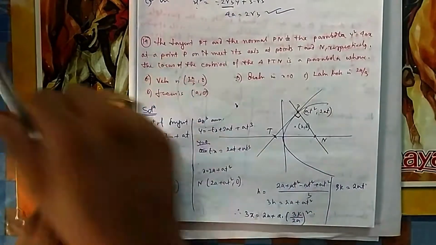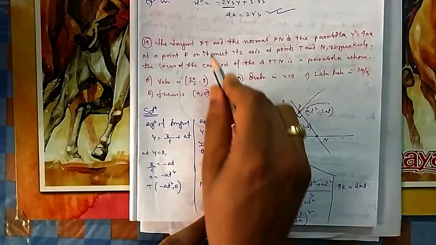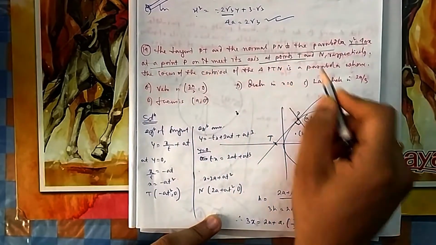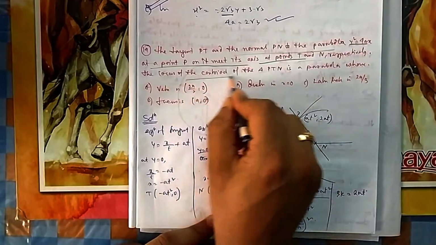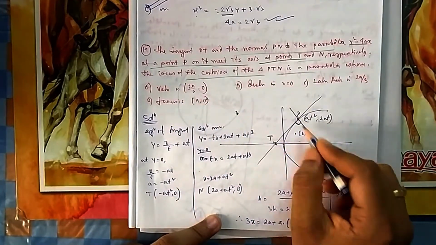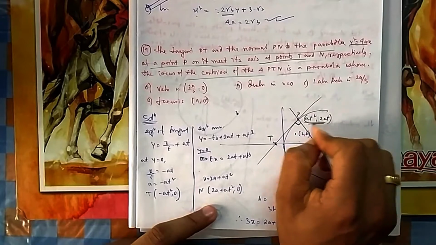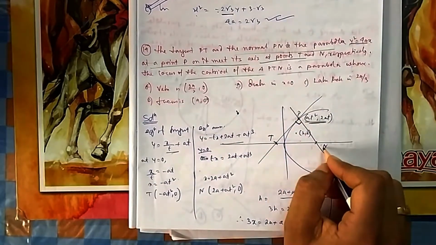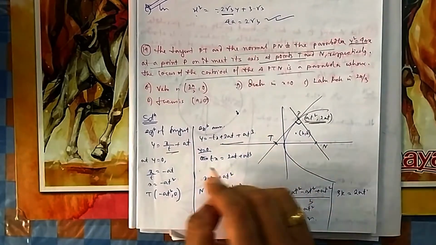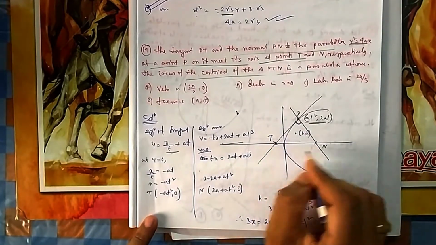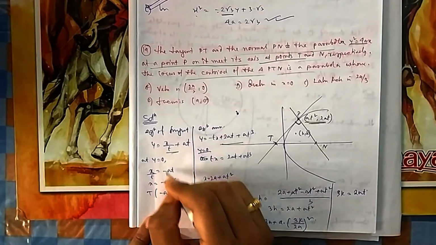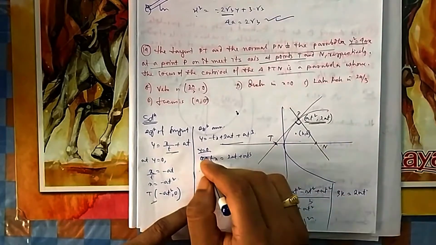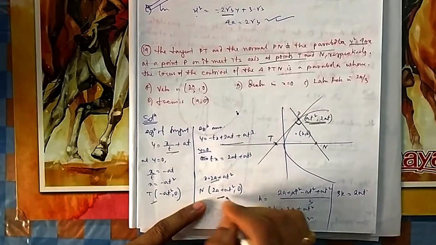So if you come to question number 14: the tangent PT and the normal PN of the parabola at the point P meet the axis at the points T and N respectively. The locus of the centroid of the triangle PTN is needed. So you need to find the locus of this one. We know this point in parametric format. You know the equation of the tangent, you know the equation of the normal also. Both these equations you know, and they meet the axis at T and N. For that position y is equal to 0. So you put y equal to 0, you will find the coordinate of T. Put y equal to 0 in the normal also, then you will find x, that is the coordinate of N.